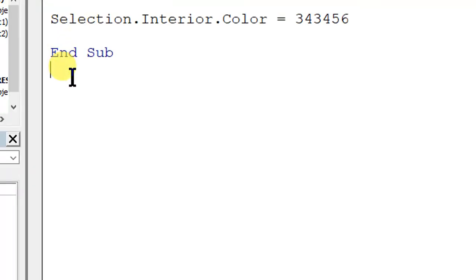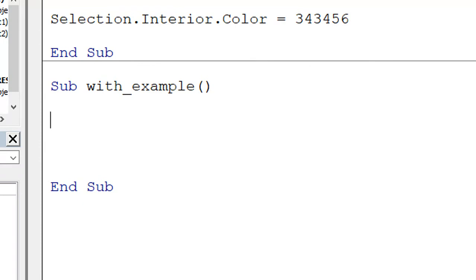Fine. So I'm writing another subroutine. I say Sub, and then With_Example. This is the name of my sub. Now what I want to do is, in range A1, I want to write 35.